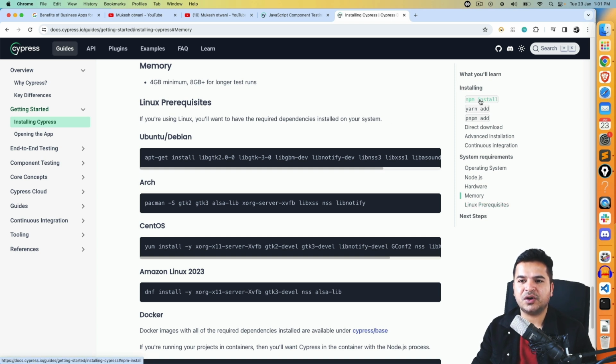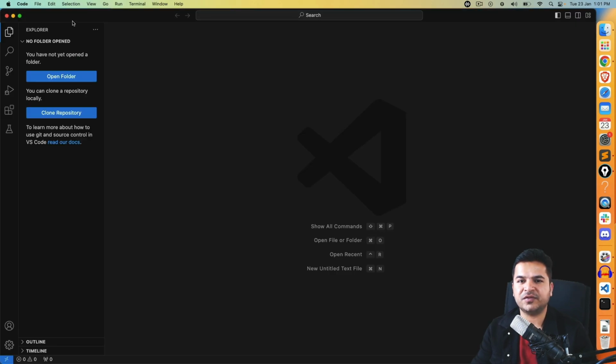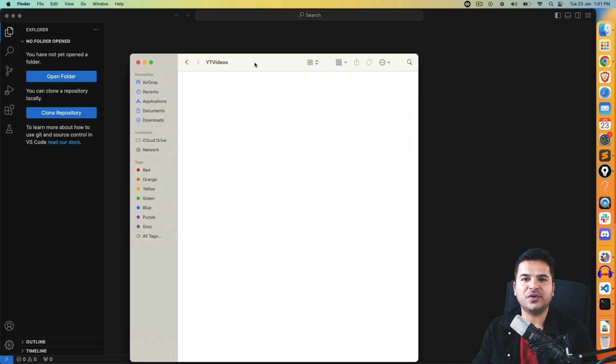Now let's talk about the commands that you need to execute. I'm using VS Code. So this is the VS Code I have right now, and I need to create a fresh project so that I can install Cypress. Right now I created one folder called YouTube videos. You can create any folder, and I'm going to create one new folder now, and let me name it Cypress